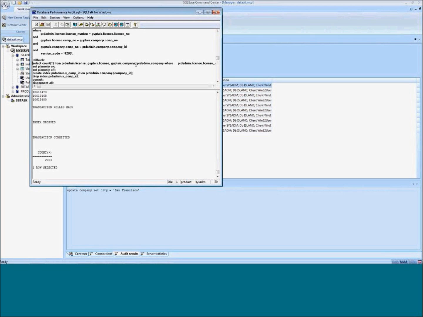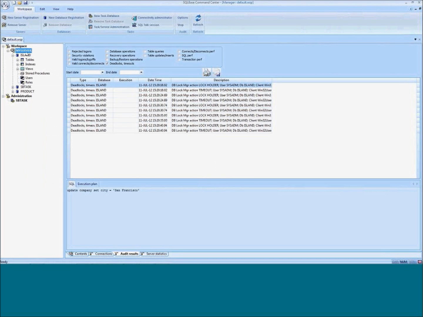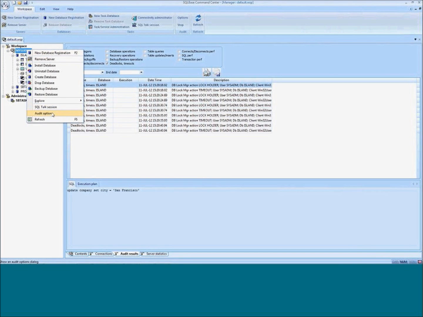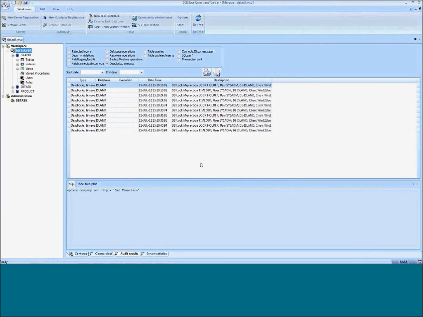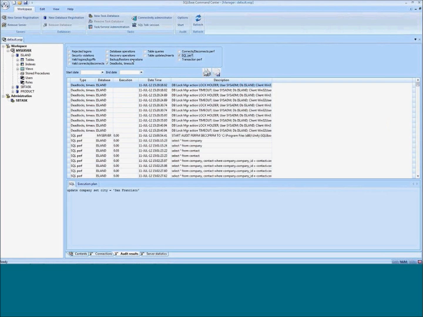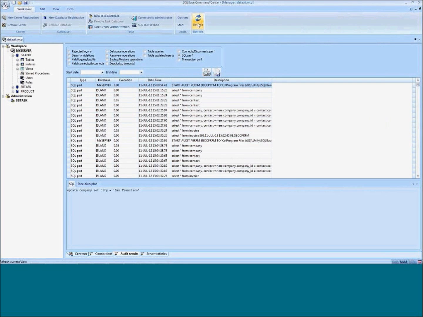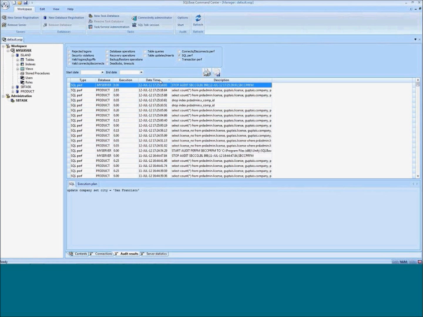So now I know that all the data I need to analyze what's going on is in Command Center, and I can go there and on the server level switch off the audit options, stop audit. And then the audit results, I now want to see SQL performance and not deadlocks. And you can see that July 12th is today at 17:25. That's right now. That was when the audit was stopped.